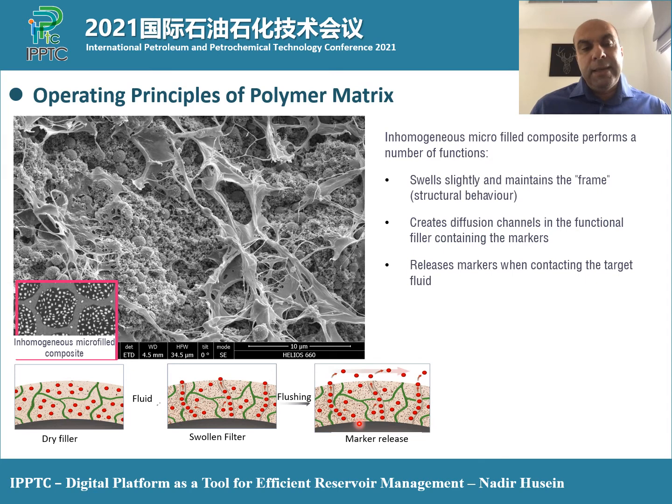It creates what we call diffusion channels, where the microspheres containing traces line up one by one, and then those spheres are controllably released in the fluid flow only when there's enough kinetic energy or flow velocity on the contact surface area of the materials. A very important point is that there is a direct linear relationship between the number of traces released in the fluid flow and the flow velocity,